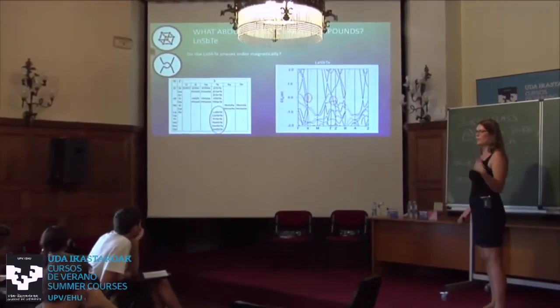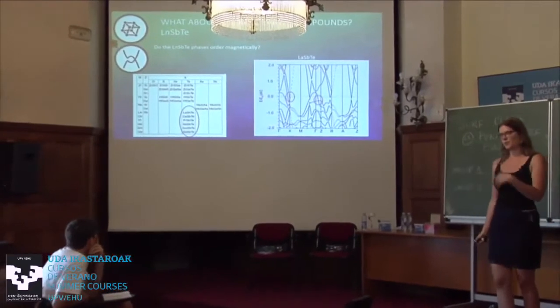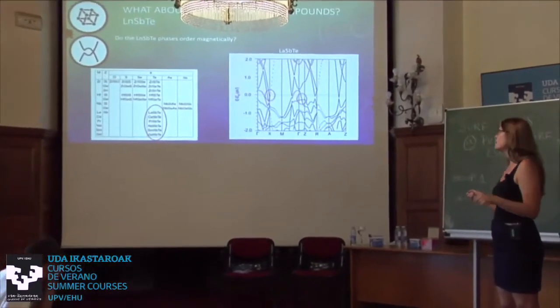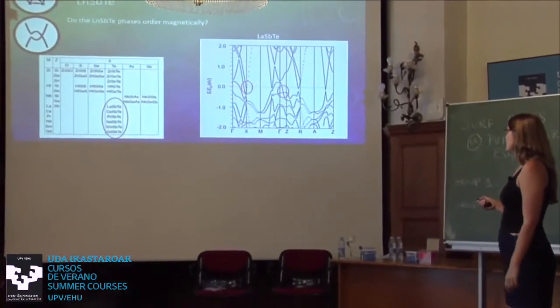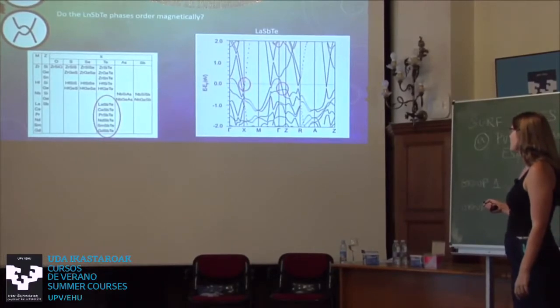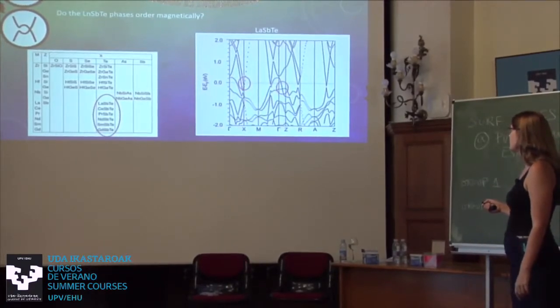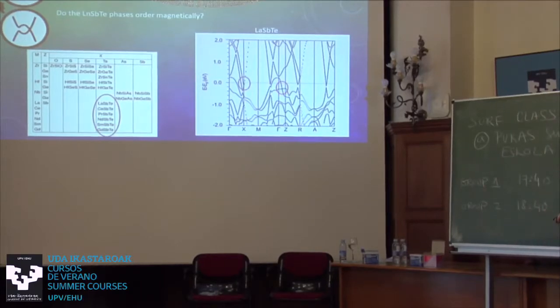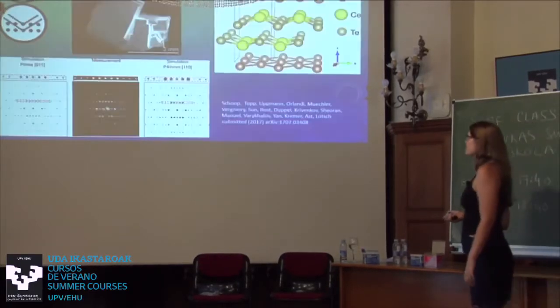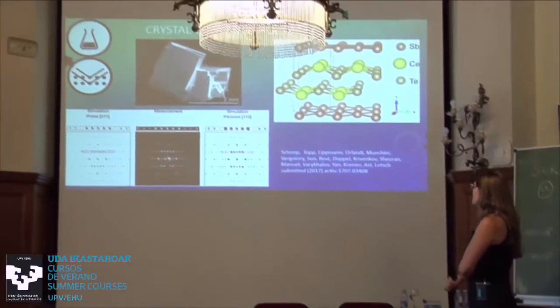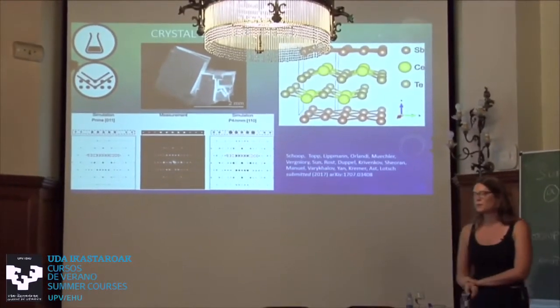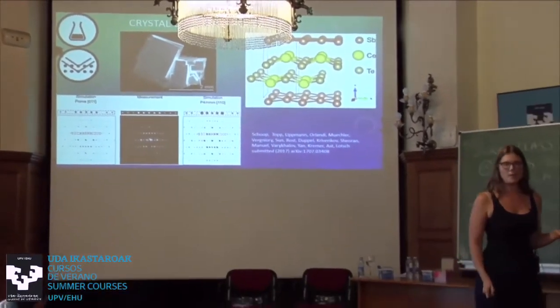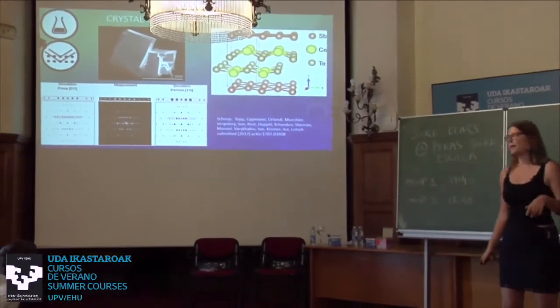So the lanthanum one is not magnetic. Lanthanum is just a normal non-magnetic element. But you can see in this non-magnetic simple calculation we did that we have the non-symmorphic crossing close to the Fermi energy here at X like before. And we have a Dirac crossing here along gamma Z. And so the question is, if we now add magnetism to this, what does it do? So I started with just making the first member of the series there, which is cerium antimony telluride, and see